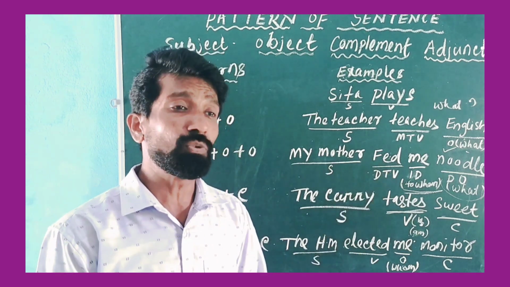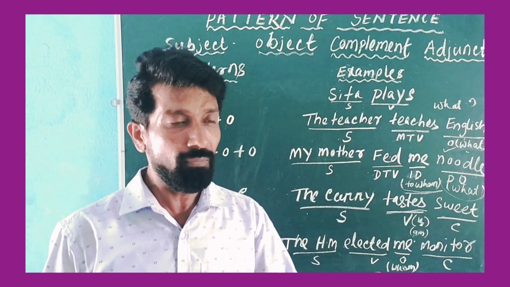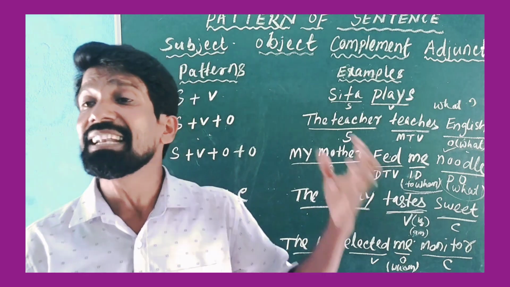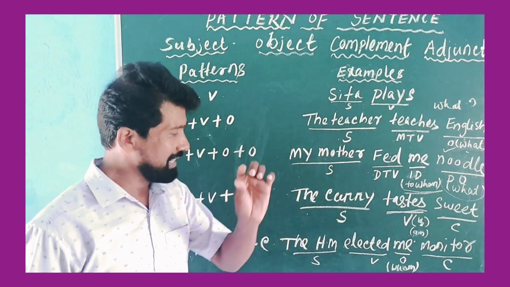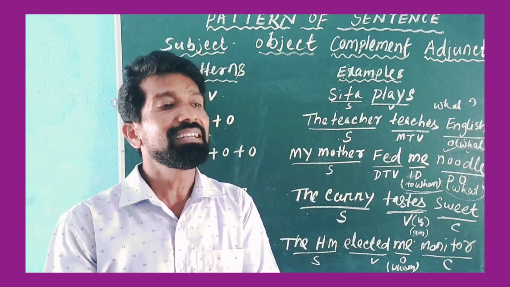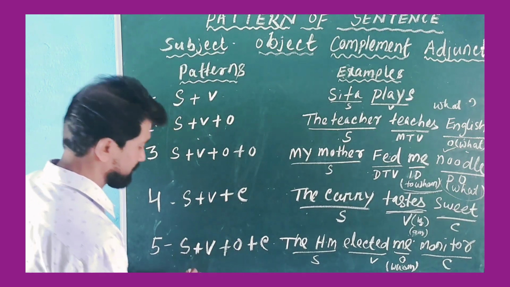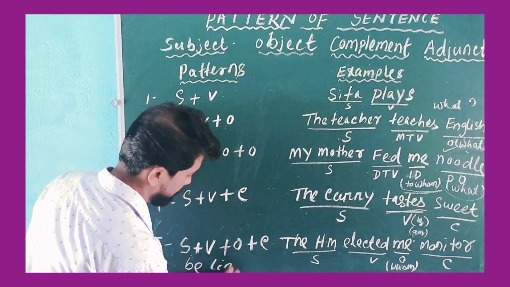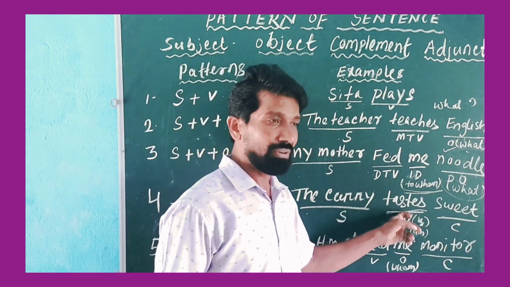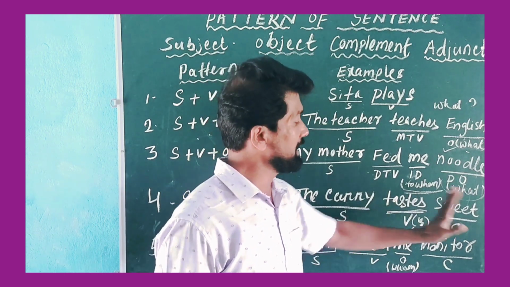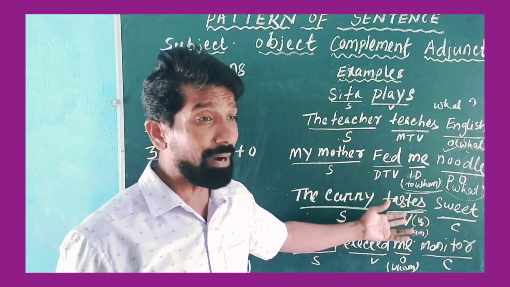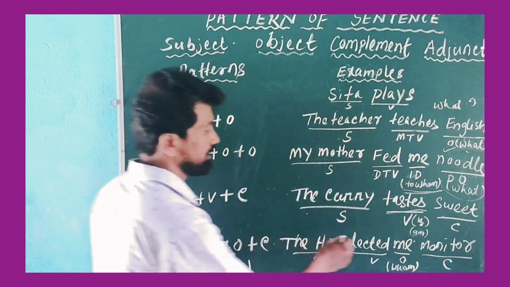As you know, if you ask the question what, to whom, to the verb, then the answer that arises is called object. But how can I know this is a complement? You just remember the tricky formula. Every link verb and be verb takes a complement. Every be verb or link verb always takes the complement. It is a link verb. Okay, it is a link verb. Every link verb carries a complement. If you do not find out it is a link verb, then here you put the be verb.